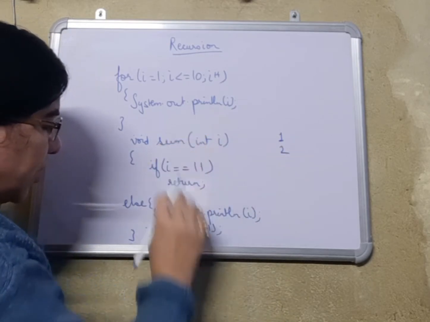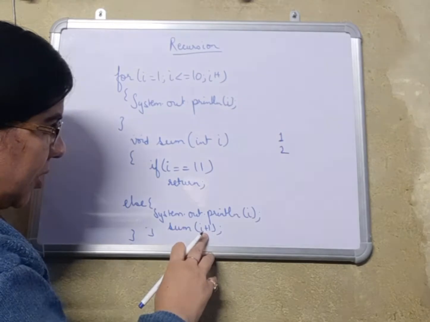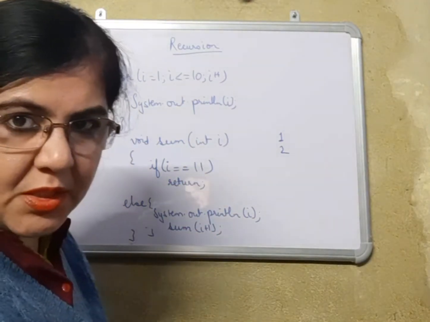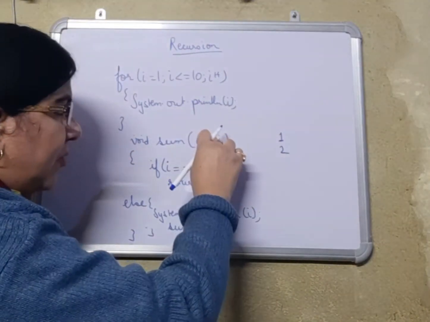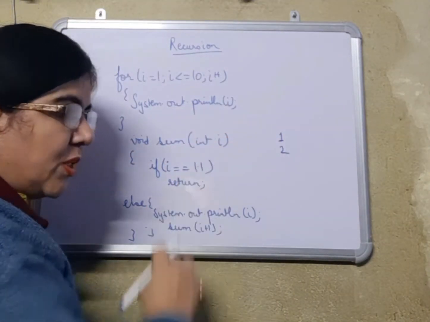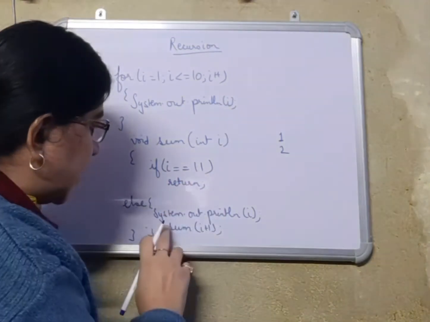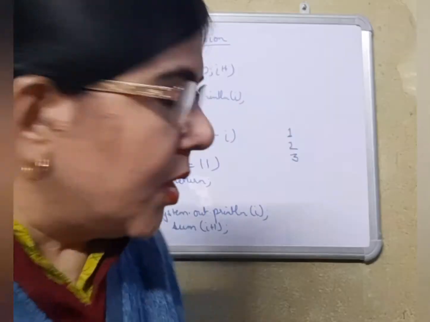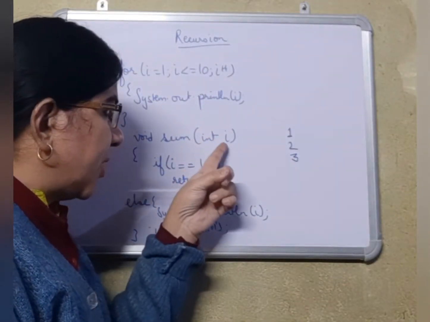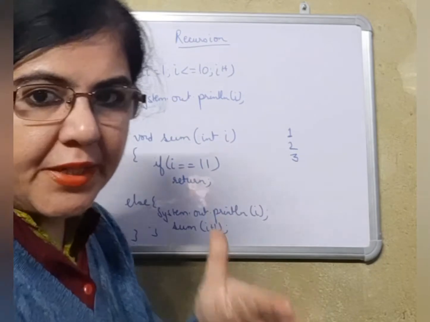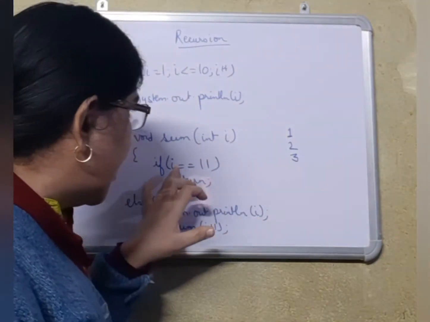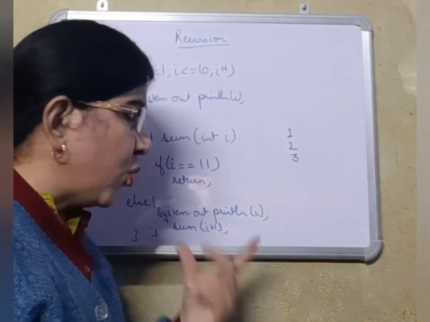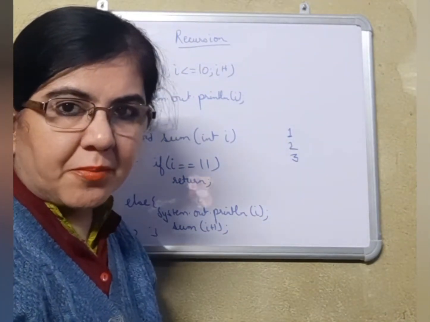Then again it will call itself and 3 will be sent, because presently the value of i that has entered inside was 2, so 2 plus 1 is 3. 3 will be re-entering into the function. 3 is equal to 11 is a false condition. Then it will come to the else part and print 3. Now it will keep on doing this process till it becomes 11. When it will re-enter with the value 11 for the last time, i is equal to 11, return means go back to main, because till that time all the 10 values have been printed on the screen.